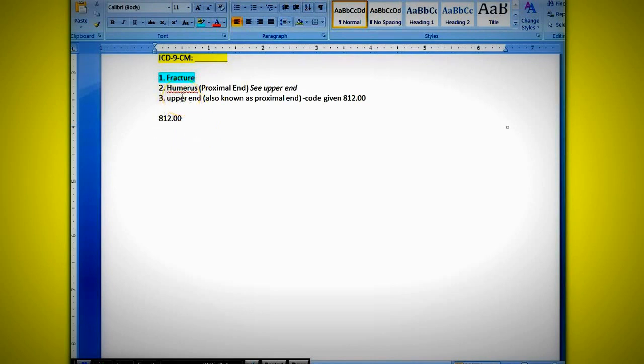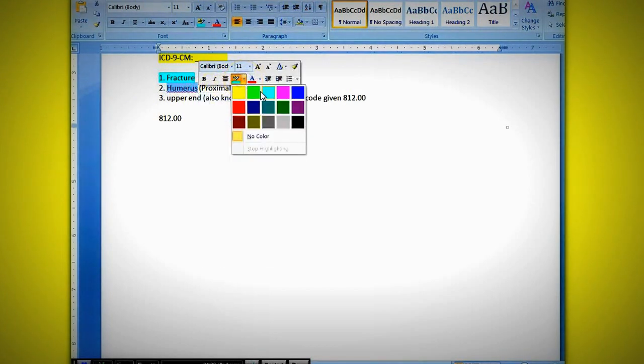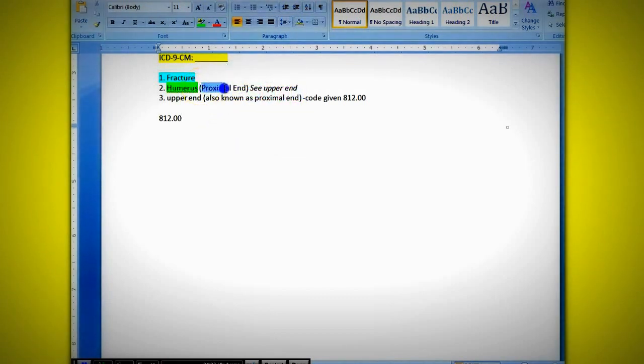Anyway, when I got to the word humerus, I was told or decided to go find the part or portion of the humerus because the humerus has different portions, different sides to it. And if you are not 100% familiar with what the humerus looks like, you would probably need to go to,